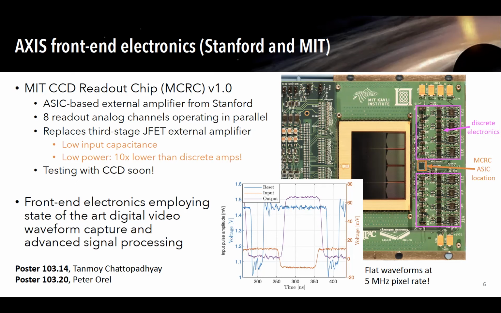And this is also running at 5 megahertz, which is considerably faster than our requirement. In addition, we do need some development of front-end electronics that will do this fast digital video waveform capture, and we're working on that as well. So if you want more detail, please see these 2 posters by Ken Moy and Peter from Stanford, also in the instrumentation session.